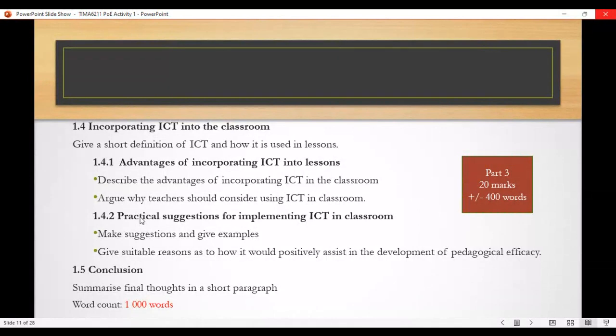And then make practical suggestions and give examples for implementing ICT in the classroom. Give suitable reasons as to how it would positively assist in the development of pedagogical efficiency. Then in your conclusion, you summarize your thoughts in a short paragraph, and please adhere to the word count.